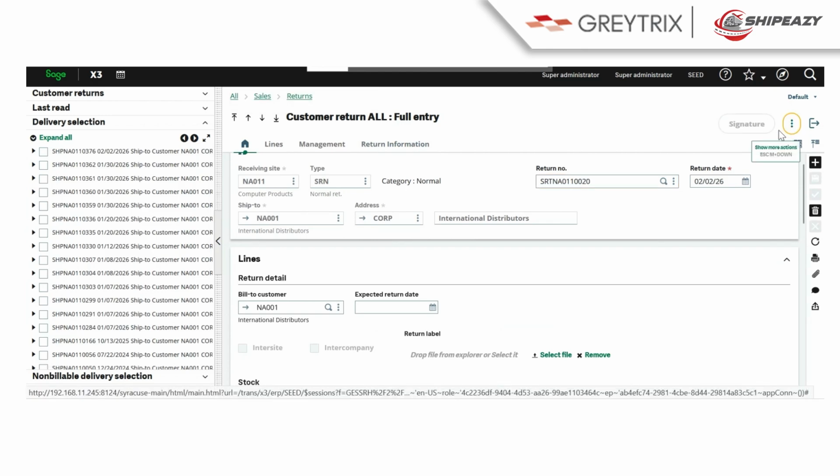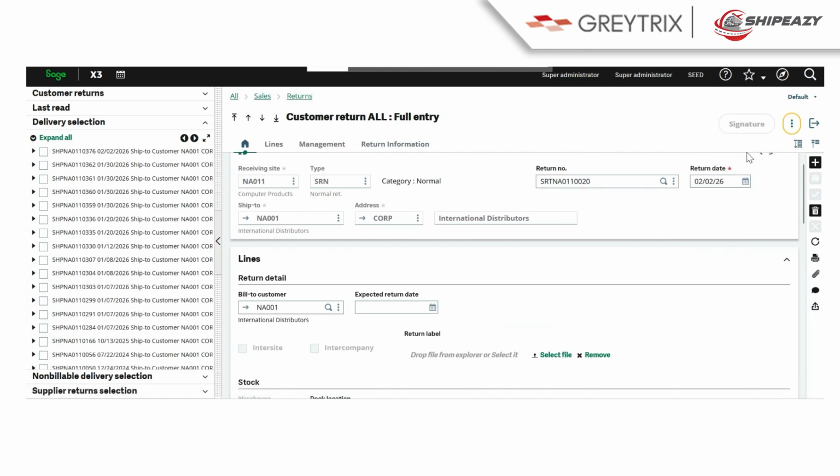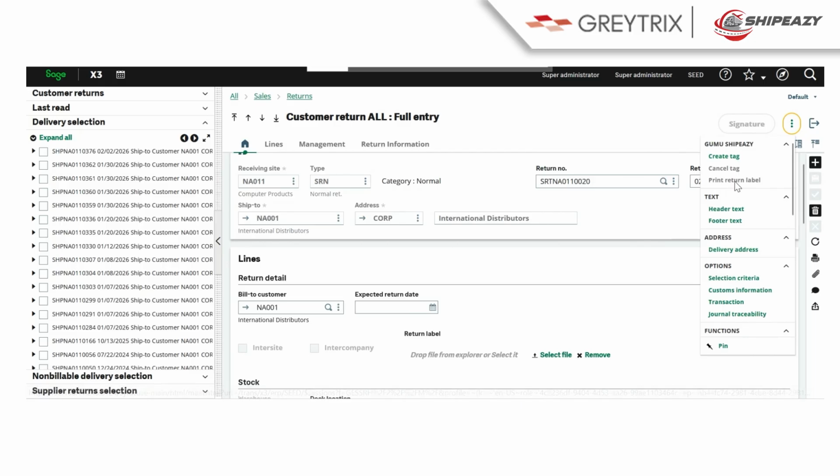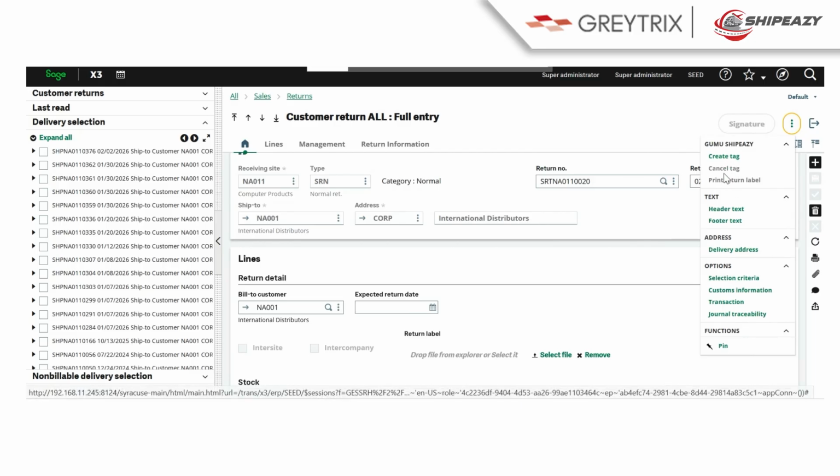On this customer return screen, the GumuShip Easy add-on provides three options: create tag, cancel tag, and print return label. So the first option is create tag. I will click on create tag.